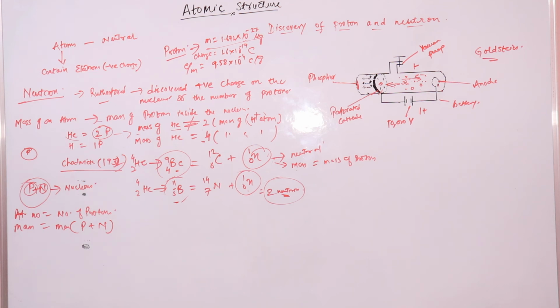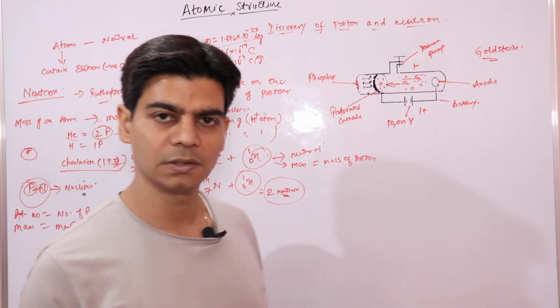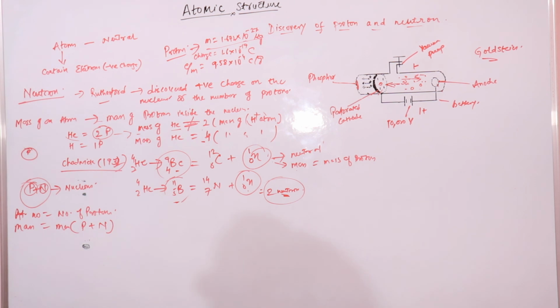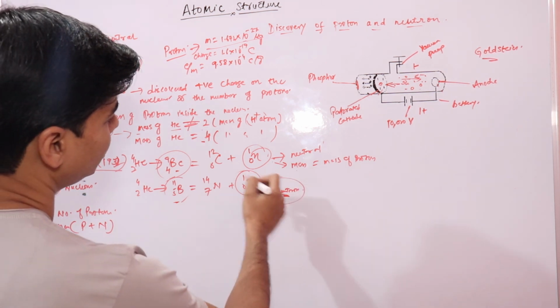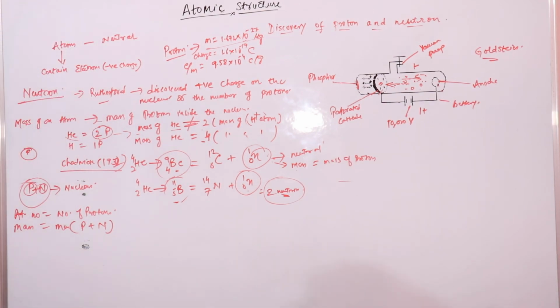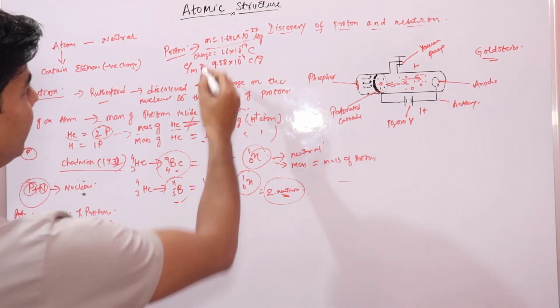The electron was discovered by J.J. Thomson in 1897. The proton was discovered by Goldstein in 1896. Both these discoveries were done using the discharge tube experiment. And the neutron was discovered by James Chadwick in 1932. Regarding the charges on these subatomic particles, neutrons have neutral charge, protons have positive charge, and electrons have negative charge. The mass of a neutron is equal to that of a proton, and we know the mass is this much.